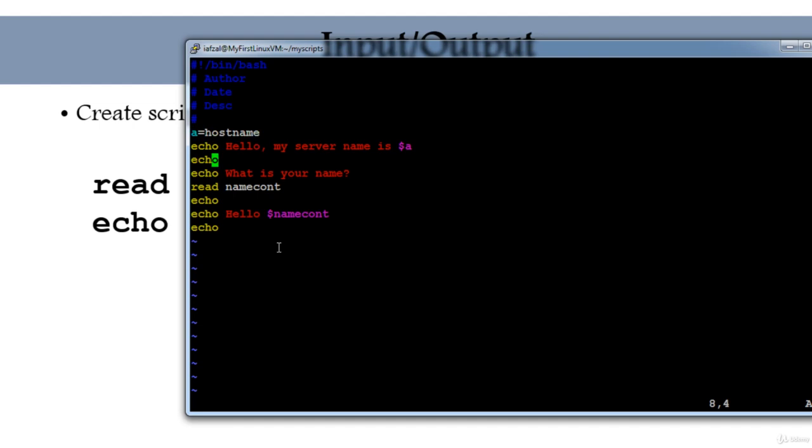And then you'll say, what is your name? And now, just for giggles, I wanted to change the read to a different container. I'll put B. Just to clarify, do not focus on the container name; it could be anything. So you're asking, what is your name? And the name the user provides will be put into the container called B. Now echo hello $B